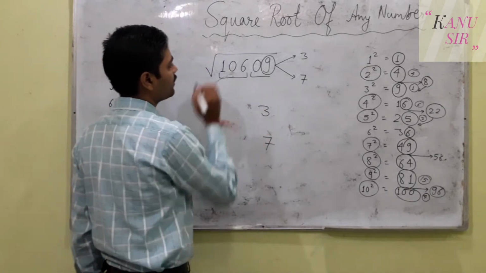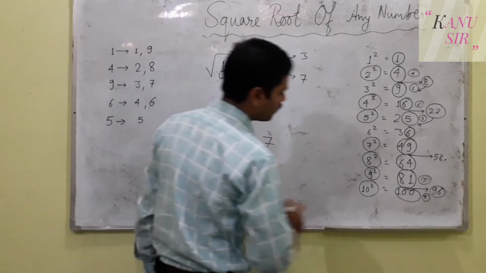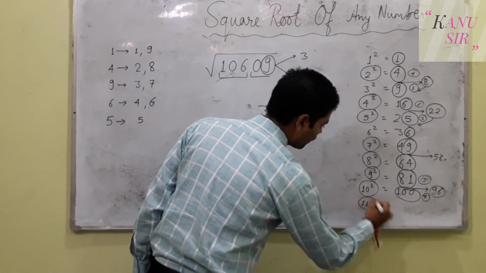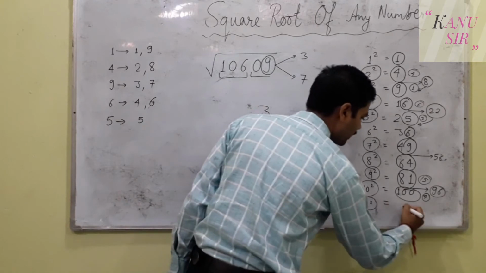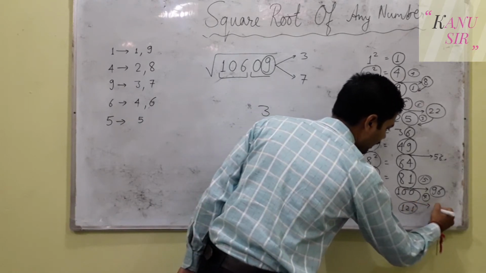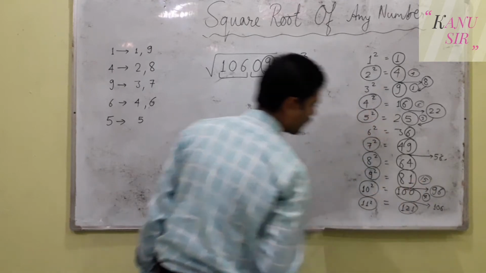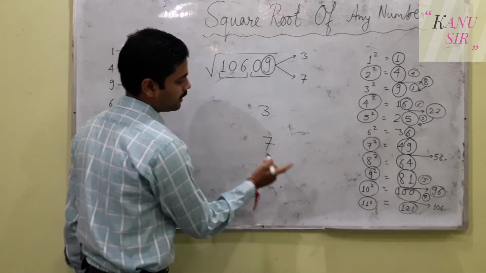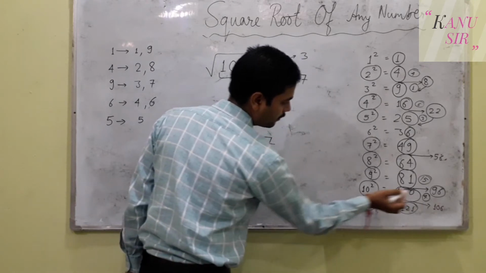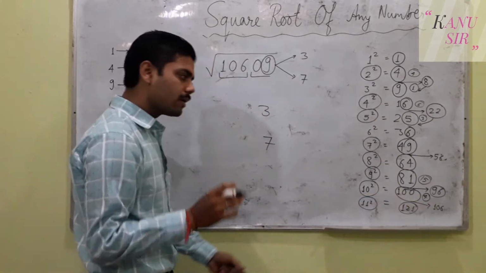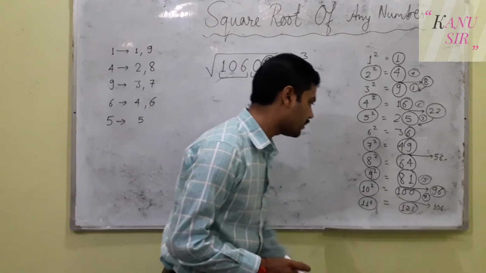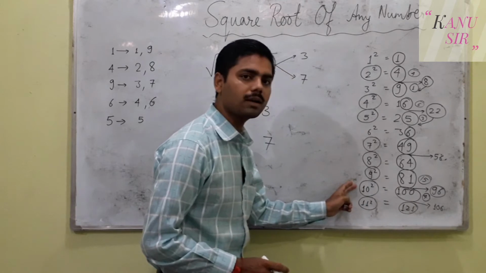And next is 106. 106 denotes more than 100. It means we have to understand the square of 11 as well. Square of 11 is 121. So it is found between 100 and 121. So our answer will either be 10 or 11, but I have already explained, whenever we come to know the number is found in the middle of 100 and 121, it means we have to take the smaller number, that is